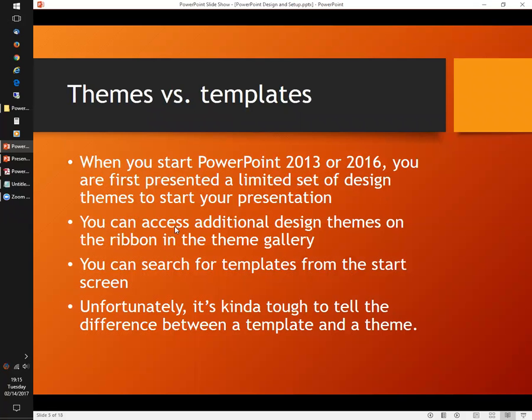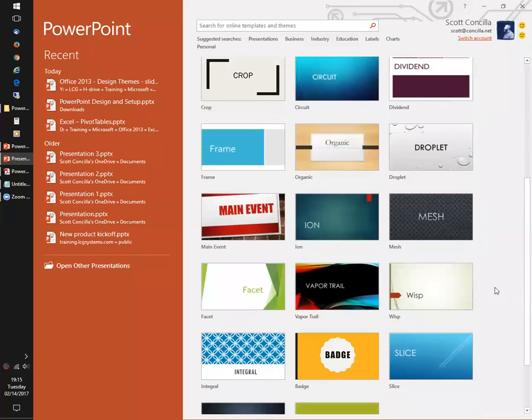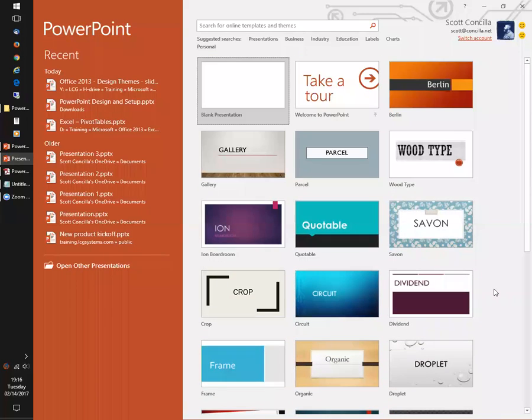If you want to use a theme that you don't see here, if you're looking here and you think, well, I don't see the theme that I want, you can always just say, hey, I'm going to do a blank presentation, then get in there and I'll show you how you can access the rest of your themes, especially if you have installed any custom themes. I'll talk about that.